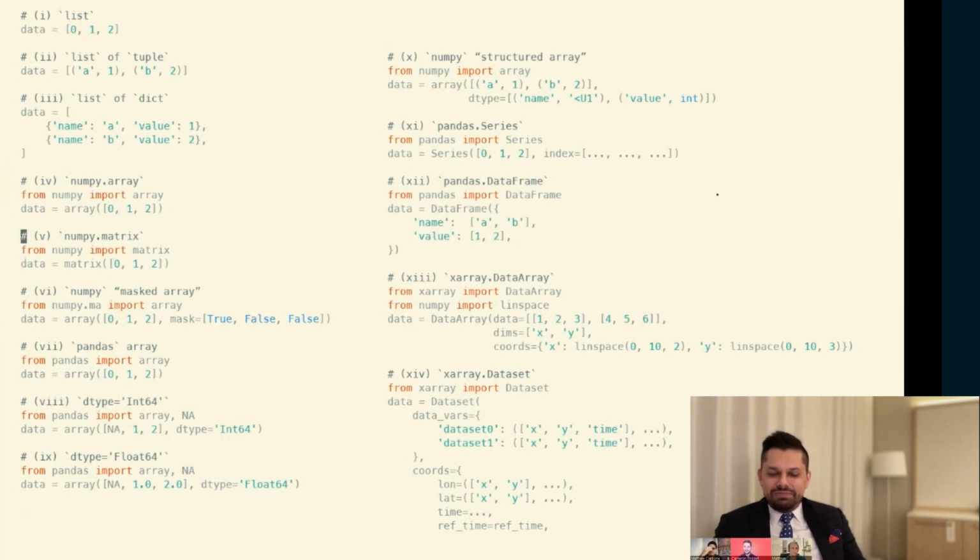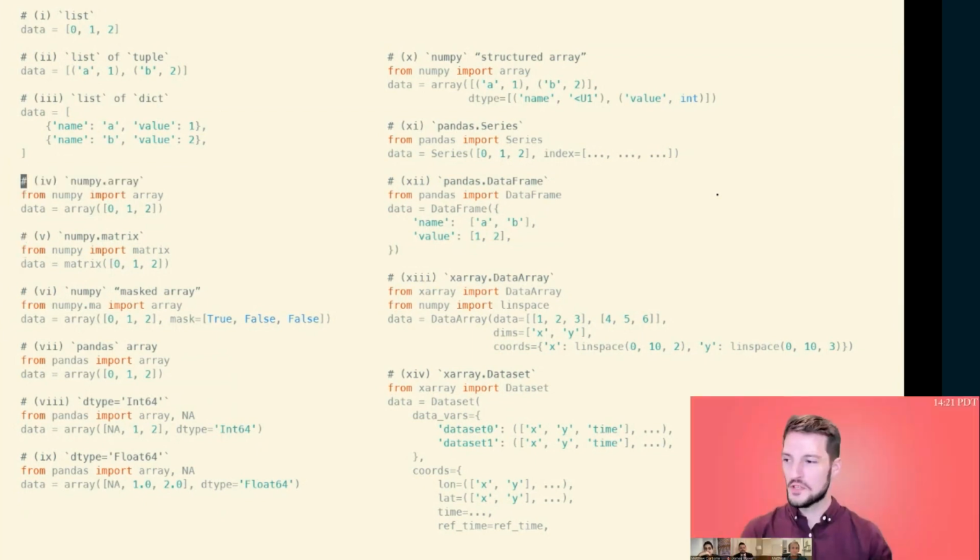Yeah. So NumPy array, I would say if you need to perform any type of mathematical computations and you have homogeneously typed data, meaning everything's an integer, everything's a float, or it can be treated as such. This gives you access to be able to perform very fast computations along these data on any given axis. However, as we've touched on already, you have to access into your NumPy array using somewhat arbitrary numbers, and that's where you would use something like the DataArray if you want named access into your NumPy type array. And I believe next up was the NumPy masked array.